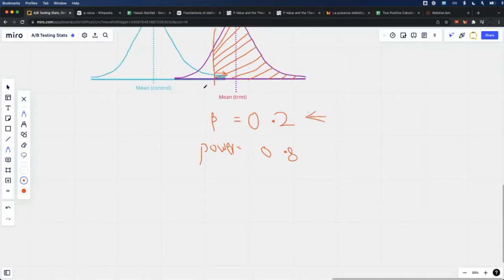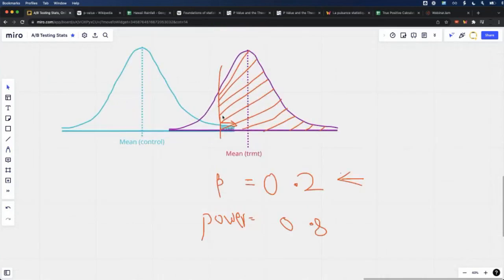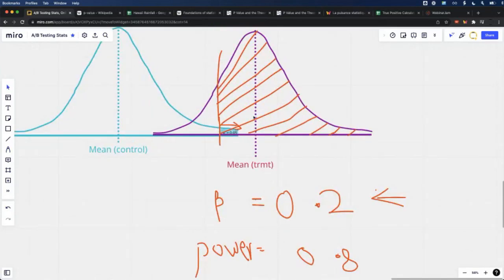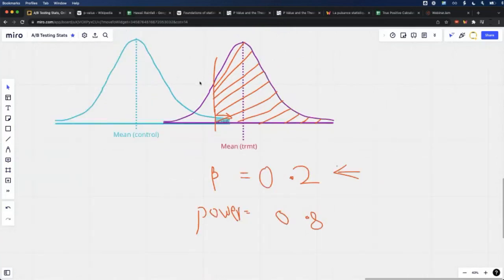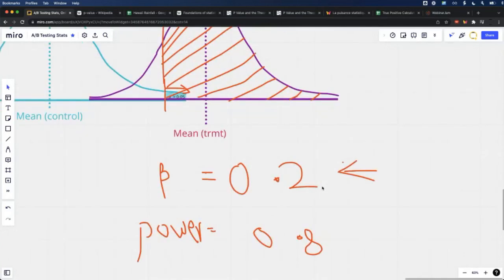For example, there was an effect over here, but you failed to measure it, maybe because you did not collect enough samples, or maybe you were measuring things that were too small and it was too hard to detect. So you failed to reject, or you failed to launch it, even though there was an effect. Now, depending on the business context,